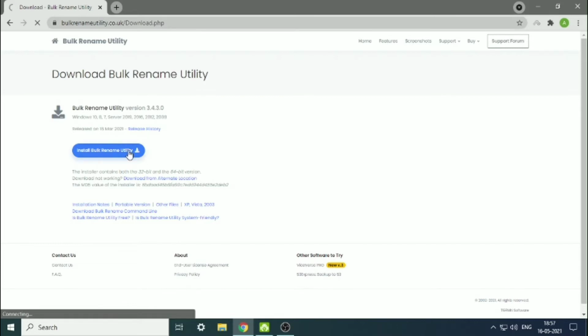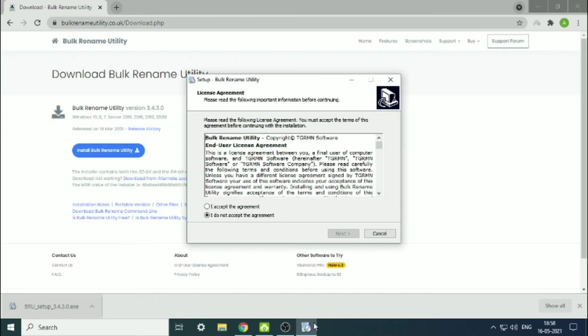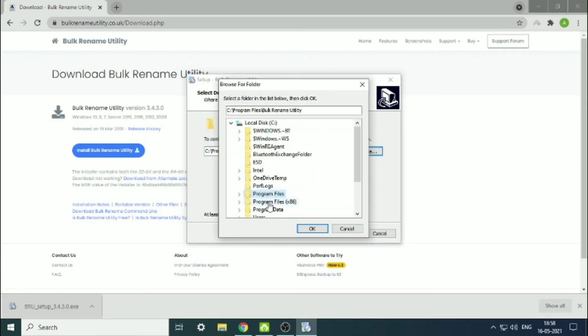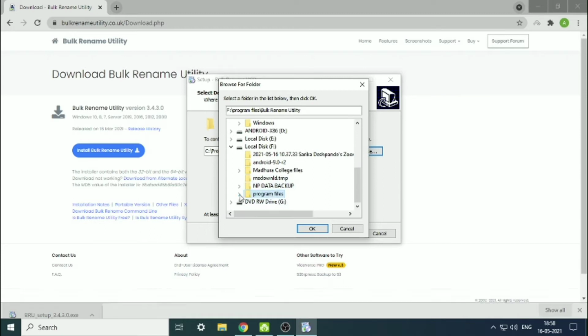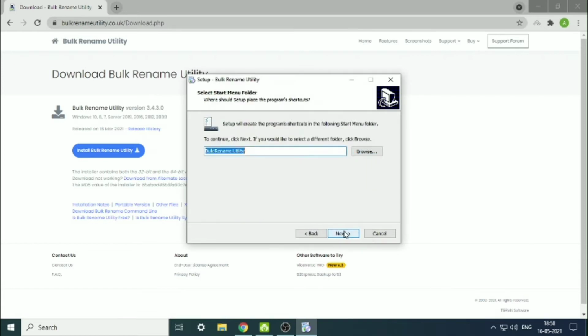So just go to the description's link and install this software, and it is a small software of 10 MB. After opening and installing this software, just press on that so that it will open the software. I'll browse for the files where to save the software. I have made a folder named Bulk Rename Utility, so I'll be storing all my files related to this program in that folder itself.